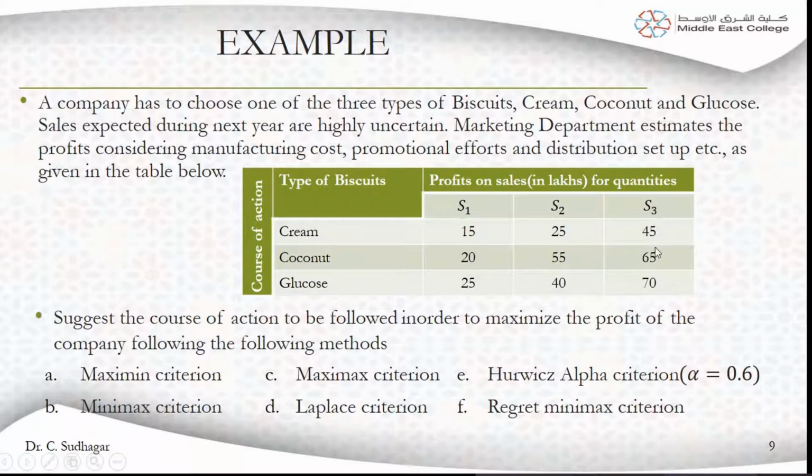Okay, so based on that we are going to make the decision. Let us see what is the decision based on the first criterion. We are thinking of the Maximin criterion, that means the pessimistic criterion. Pessimistic people means maximin criterion. So first step is take the problem. Okay, this is our question.